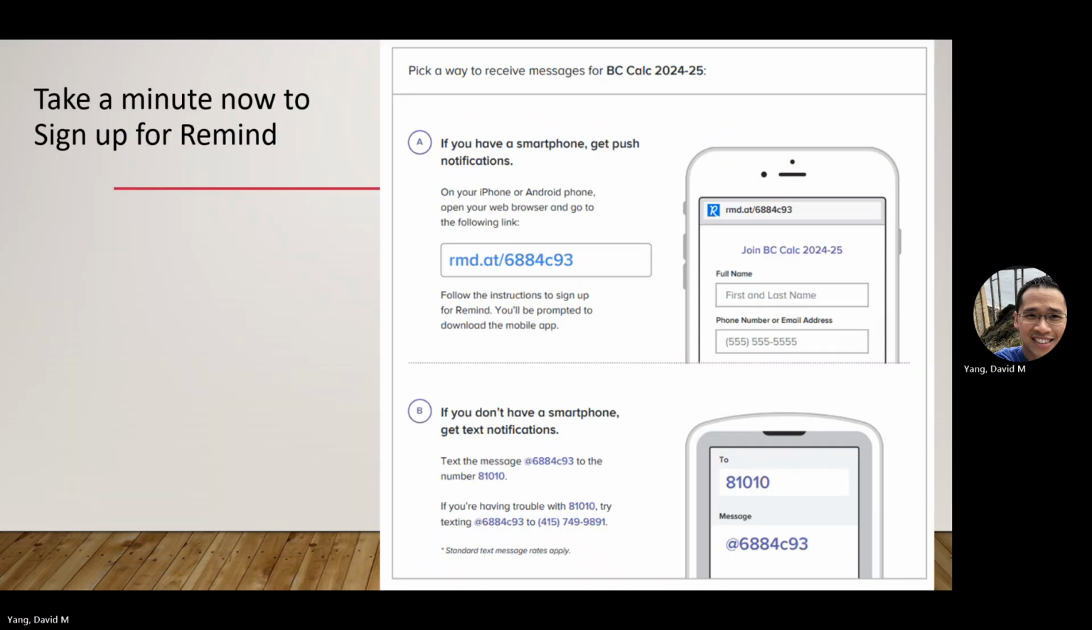I'm going to have you guys start off by doing this for me. This is also on the top left corner of your syllabus. You can join the class. So you're going to go on your phone, send a text to 81010, and then @688-4C93. That will allow you to join this class. And I'm going to be using Remind to send out if there's help sessions coming up,